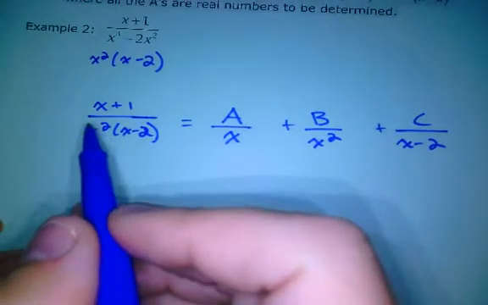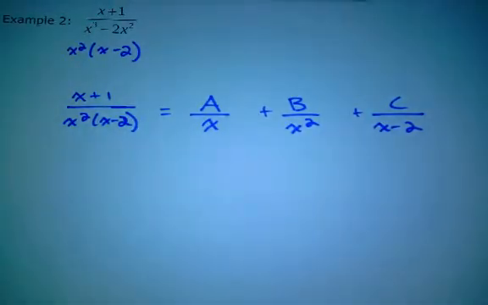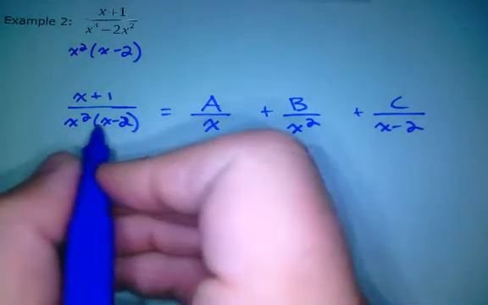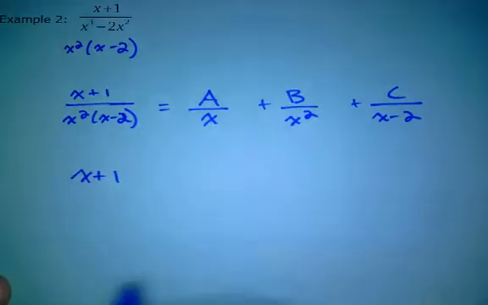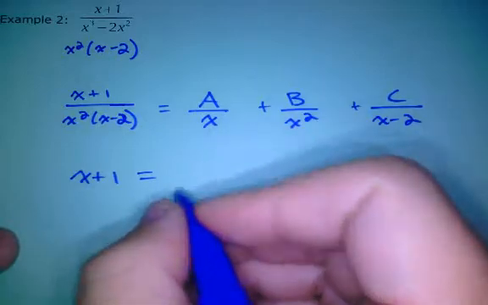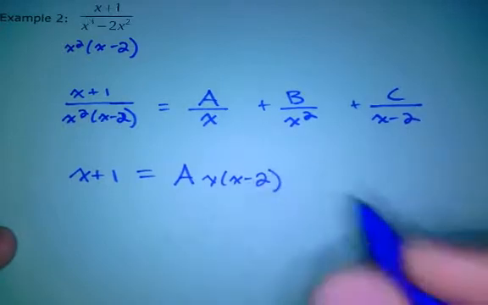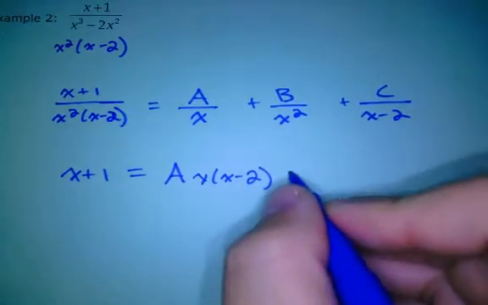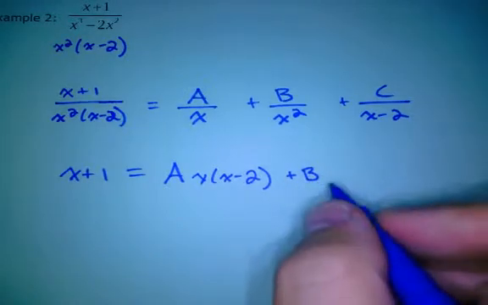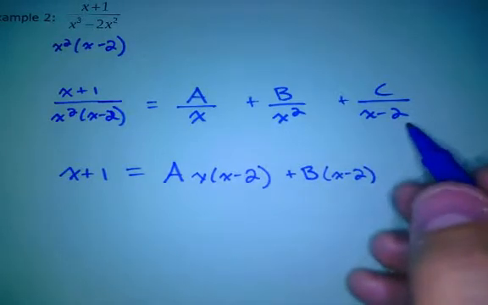Okay? So now, when I multiply everything by x squared, x minus 2, can I skip the showing you step and just go right to the next one? So I multiply everything by x squared, x minus 2. I'm going to get x plus 1 equals, x cancels out, and so what's left over for the A? X minus 2. For the B, what cancels out? X squared cancels out, so I'm left with. And then for the C term,